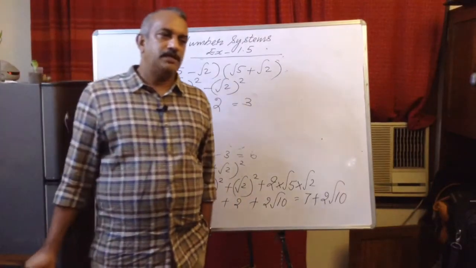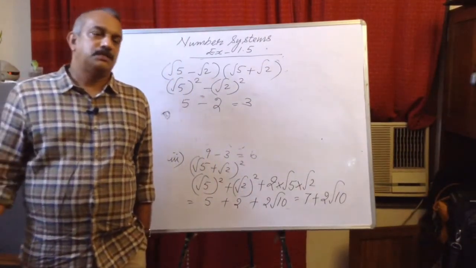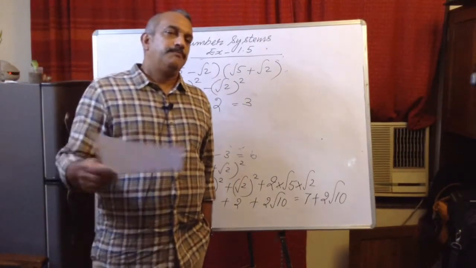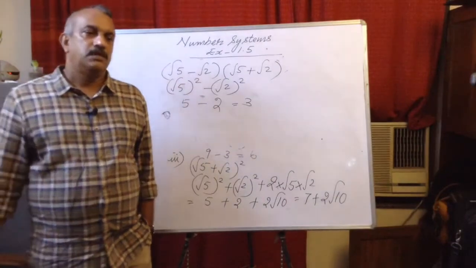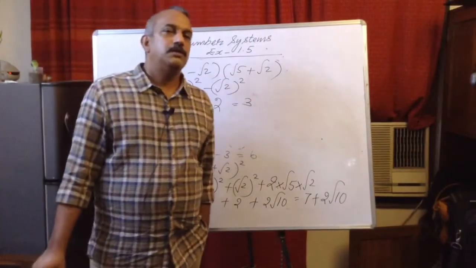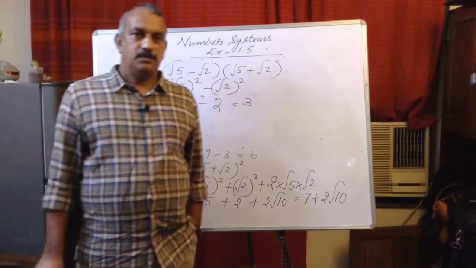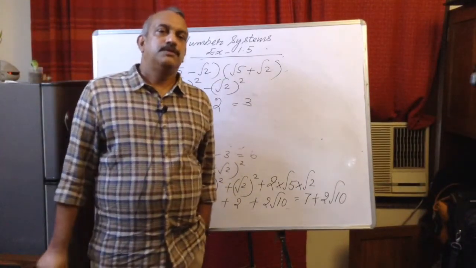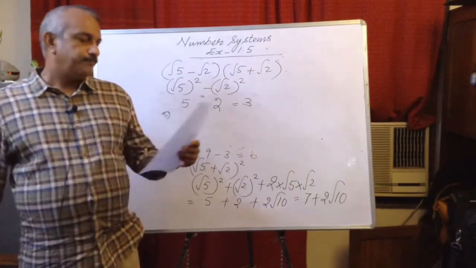You may get confused. Then see, circumference is a number, and diameter is again another number, and one number upon another number. How can it be a non-terminating, non-repeating decimal? The reason is we cannot find out the correct value of the circumference of a circle. This you will learn later in detail. Okay.